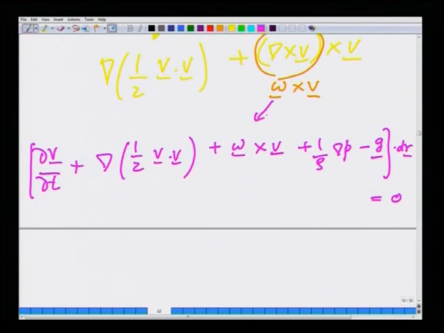Notice that omega is called the vorticity in fluid mechanics. It is a measure of fluid rotation about a given point in the flow. Okay. If there is vorticity, that means that about a point in the flow, the neighboring points undergo a circular motion about a given point. So, this does not correspond to bulk rigid body like motion,